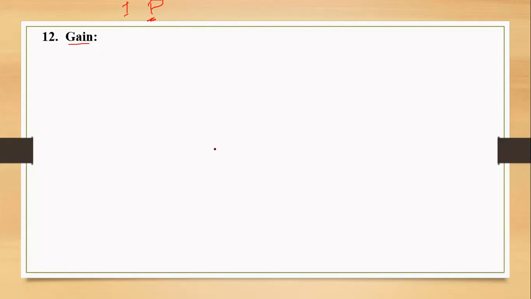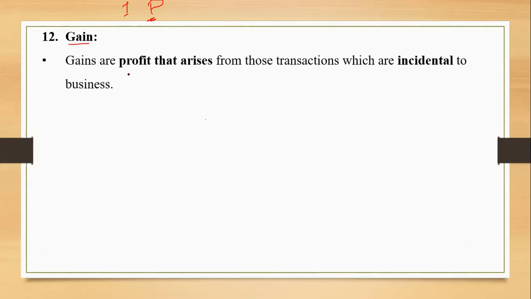Yeah, okay. Gain is the profit. It is profit, but from activities which are non-recurring in nature, incidental in nature. Sometimes there are such transactions. Sale of fixed assets. Very good, it was discussed. Non-recurring, irregular activities, right? So that was discussed under the head capital expenditure, capital receipts. So you need to think of those transactions now. If it is a sale of fixed asset and we earn some profit therefrom, it is going to be a gain, right? Gains are the profit.